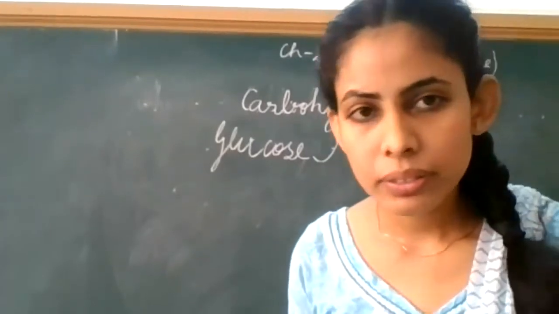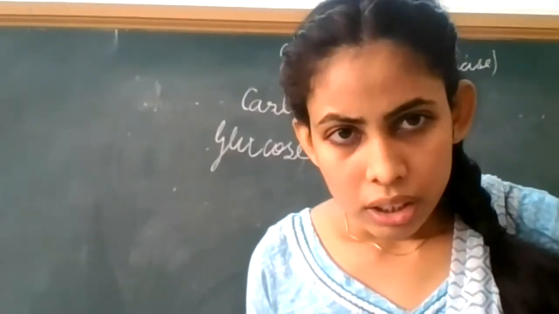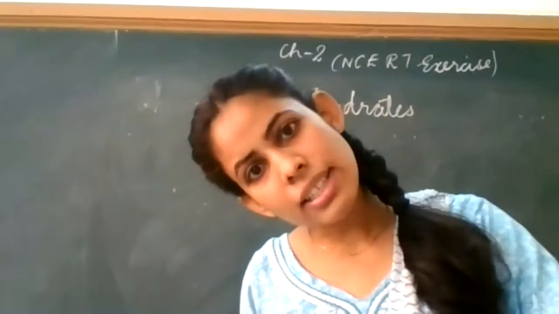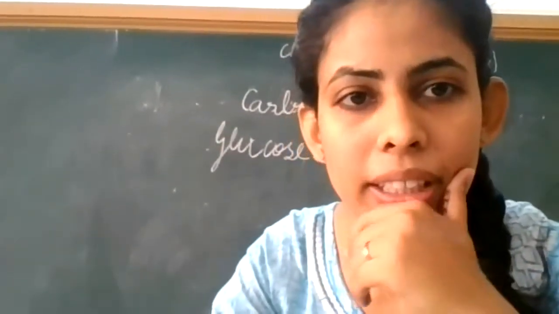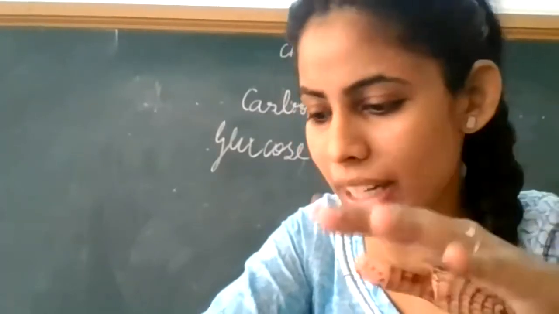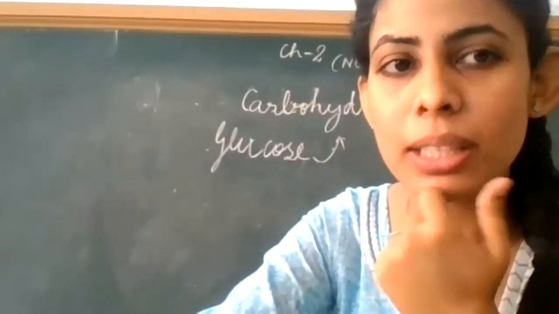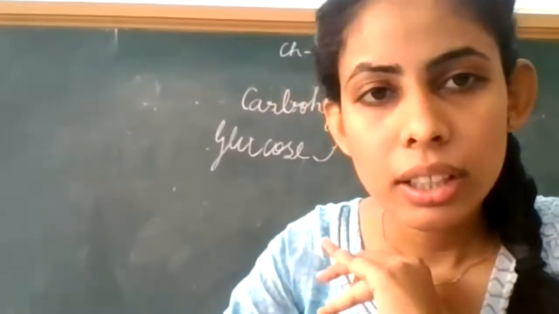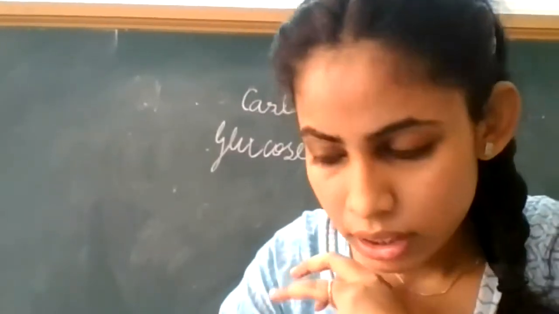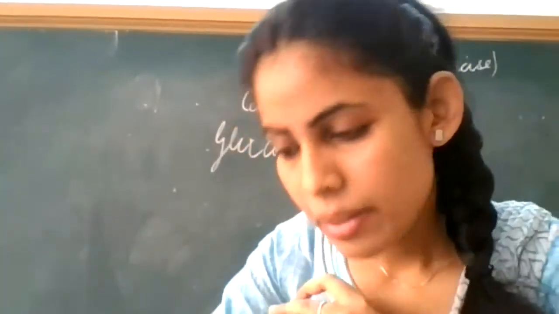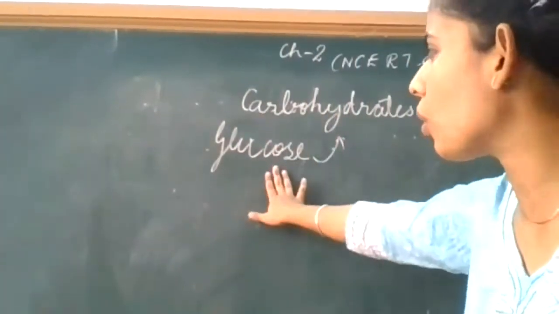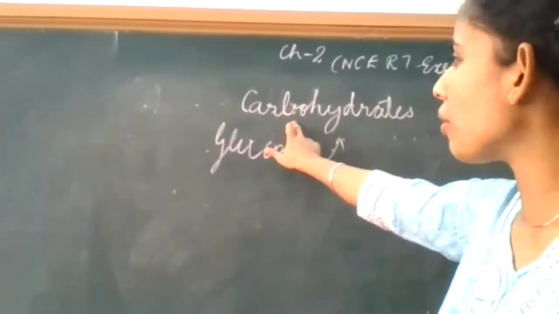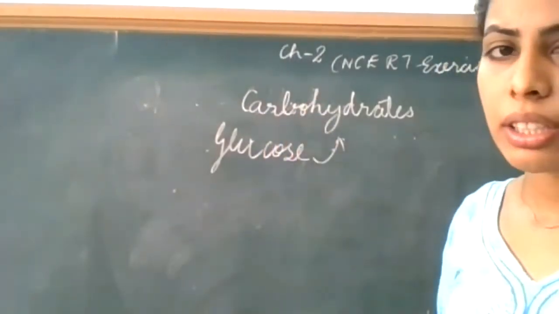Yes. Can we write glucose is a simpler form of carbohydrate that can be digested and absorbed by our body? Krish, only first line मैंने सुनी है, दूसरी लाइन मैंने नहीं सुनी. बच्चे दोबारा रिपीट करोगे प्लीज. That can be digested and absorbed by our body. Yes. So the first point will be glucose is the simplest form of carbohydrate.